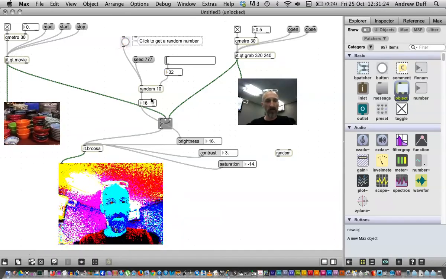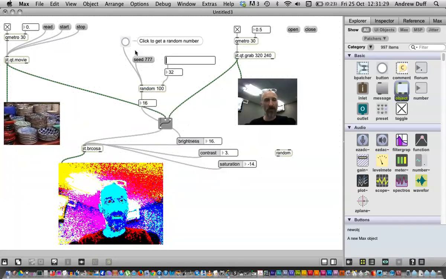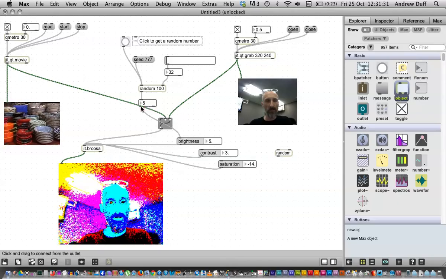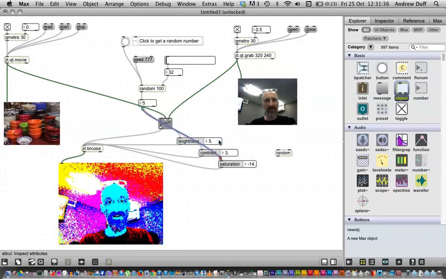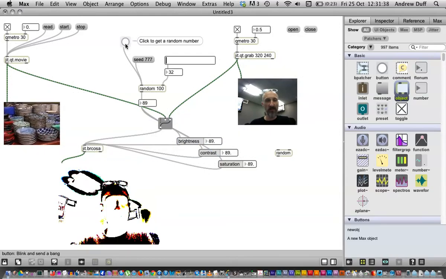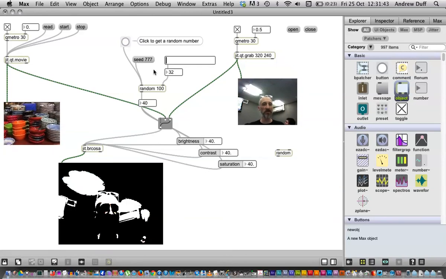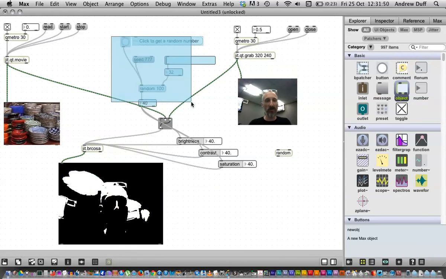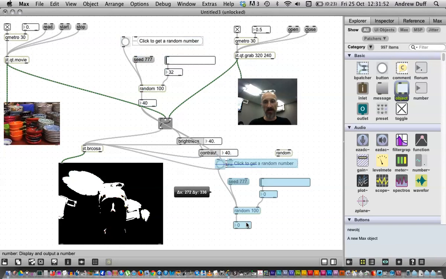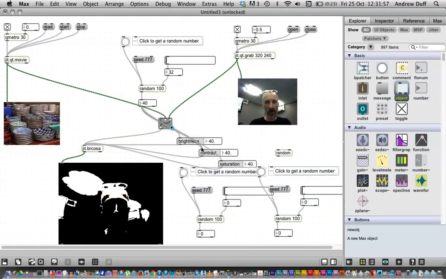Oh, there we go. Red eyes and that, kind of scary. Yeah. So that's just generating random numbers here, which is then being sent into these things. So if I had a bunch of them that were generating different random numbers going into different ones,